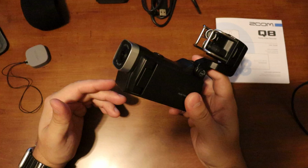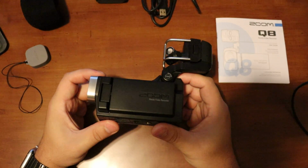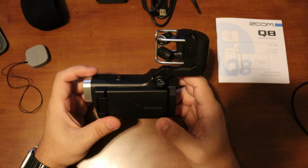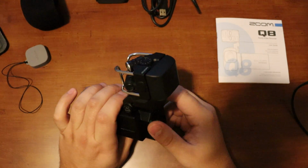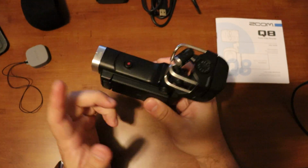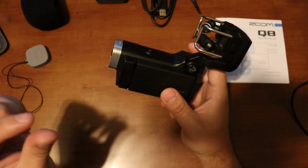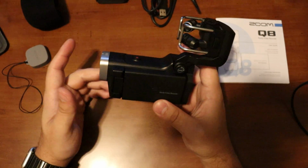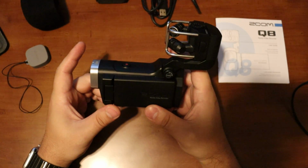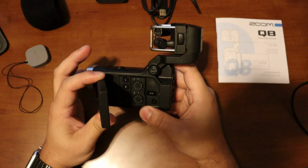For the price point of $399, I think it's priced a little bit high, but it's not a bad camera. You know, you have your SD card and you have your charging and you have your phantom power inputs and the interchangeable capsules. It's not a bad camera for its price point. I just think it's a little bit high. You spend a little bit more money on a Canon camera, you can get a little bit better audio with picture quality with